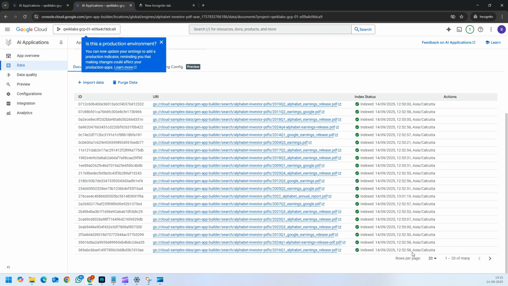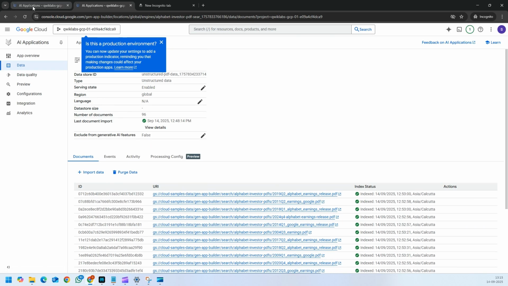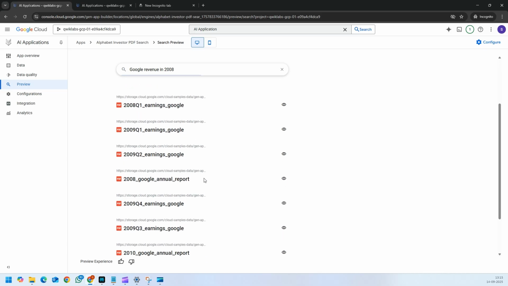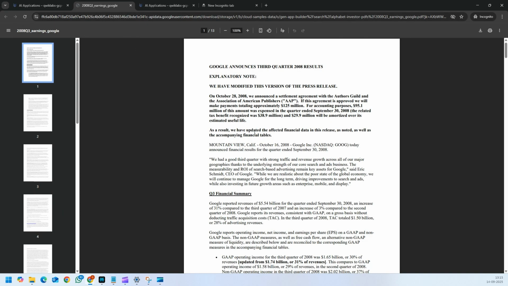See, all the files are indexed and imported. So let us do the search again here. See, I just tried now, it is working. See, previously it was showing no data. Now the files are loading. It means files got imported. See, we are able to see the